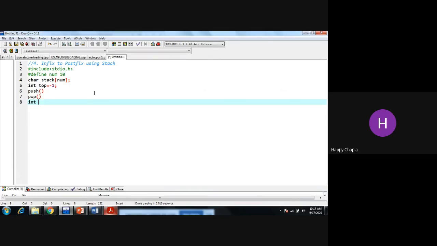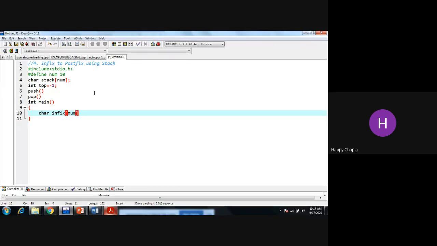So we are writing integer main, first character array.